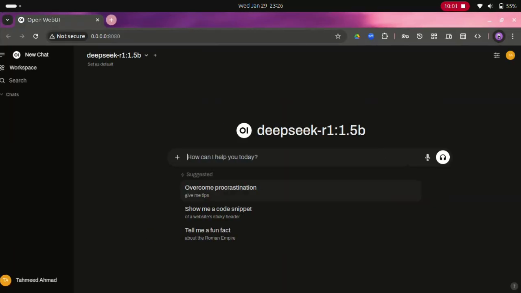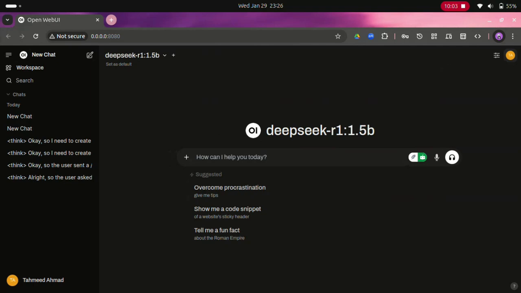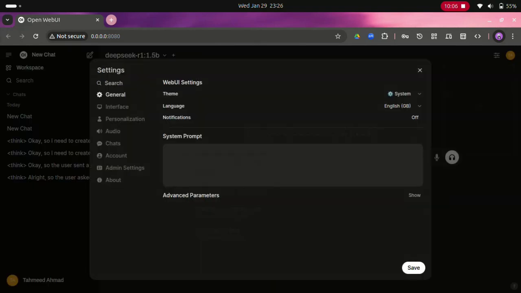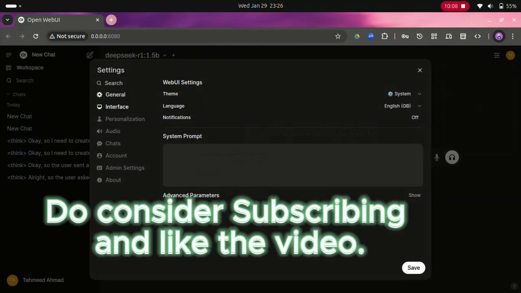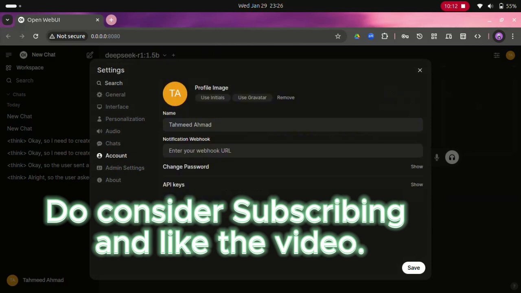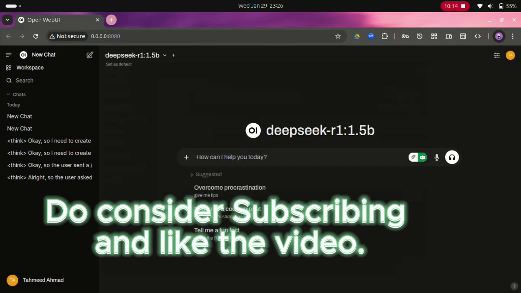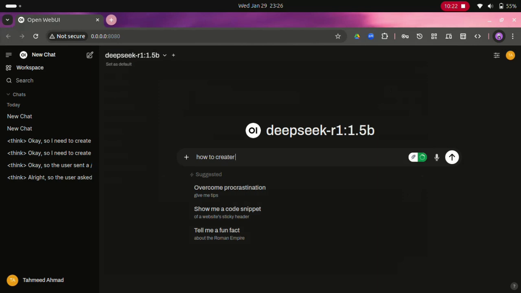Now this is our server. First you will get an admin login. You have to log in first. Personalization accounts. You see I have my accounts, but you have to do it yourself. So let's see how to create an HTTP